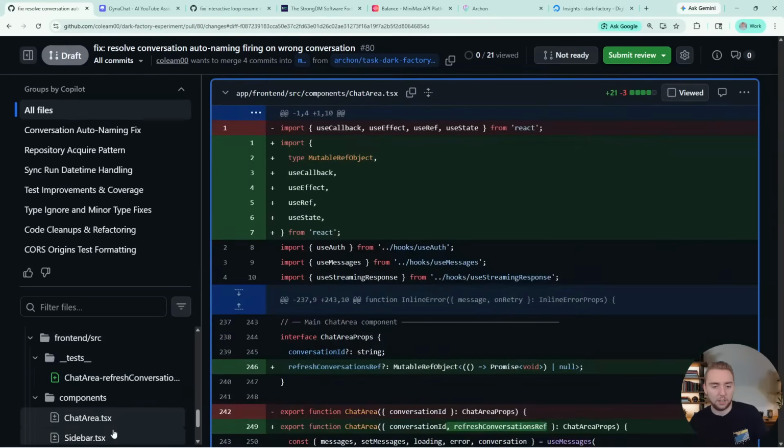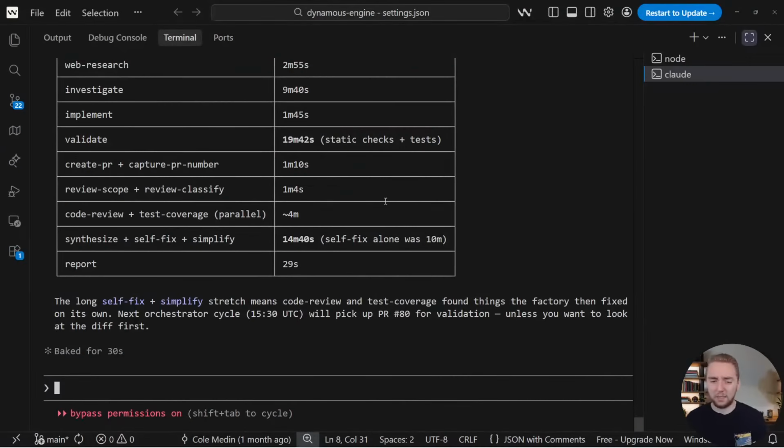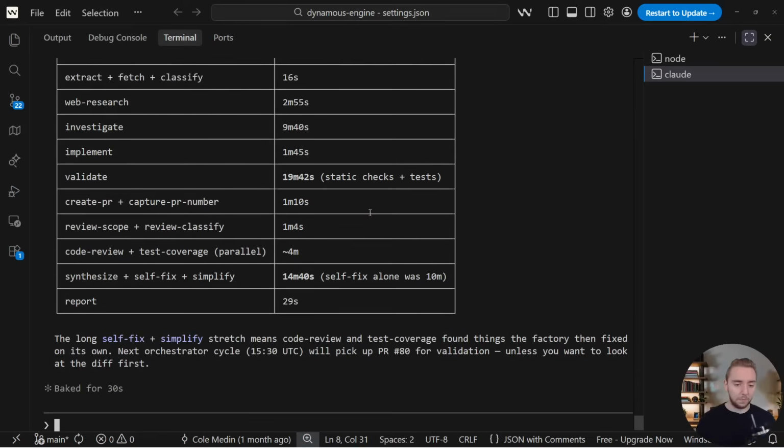Yeah. Okay, I think we're good. It's kind of weird that it did so much with the tests, but that's fine. Maybe there's something I'd want to adjust in the workflow. But